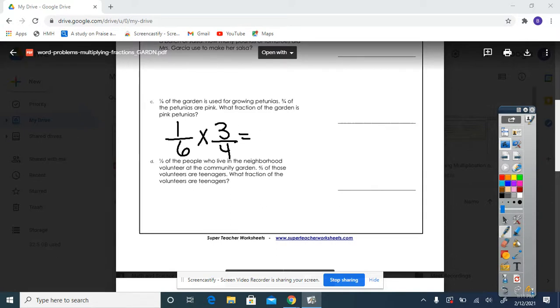The "of" is really the key word here for multiplying. Top times top, 1 times 3 is 3, bottom times bottom, 6 times 4 is 24. Now on this problem, you were able to simplify. And if you're still unsure of when do I need to simplify? Well, if you write the numbers that go into 3 and you write the numbers that go into 24,